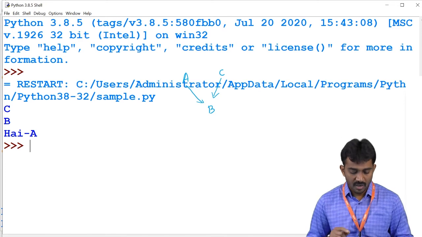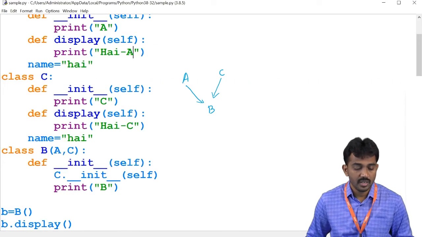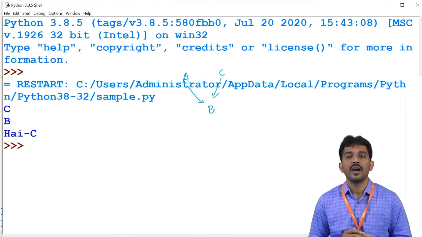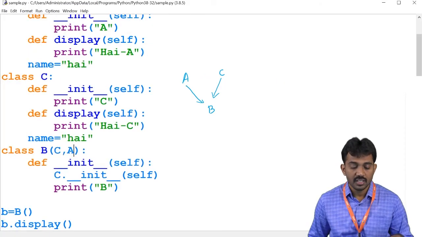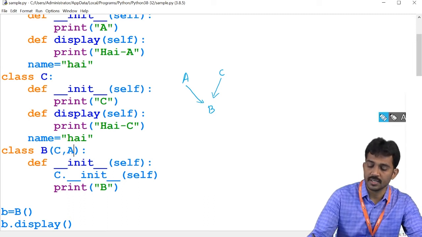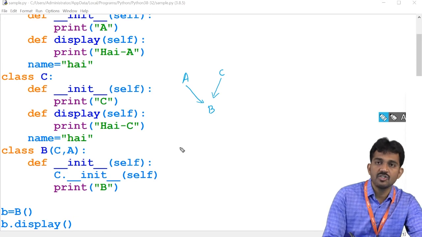High from A. Why did I get high from A? For example, here I wrote C and A. C. What is the output here? High from C. Please note this. It is going to give the first preference to the first class which you passed here. In multiple inheritance, it is based on the order.